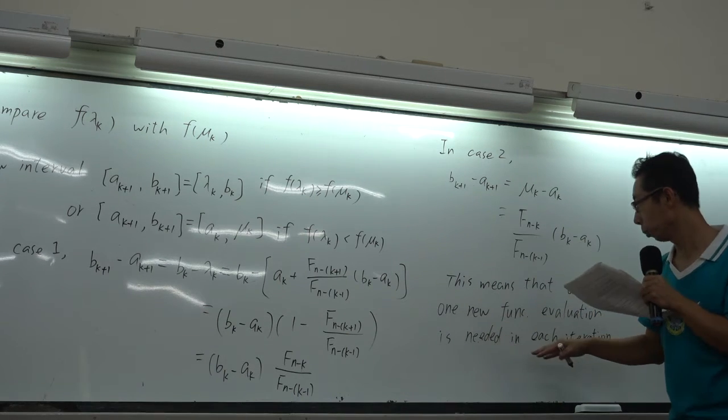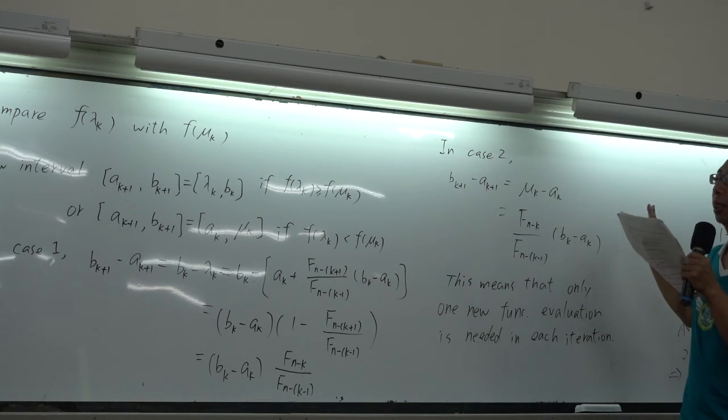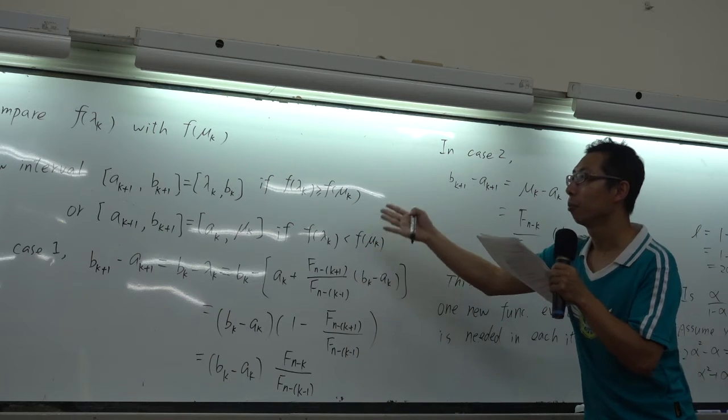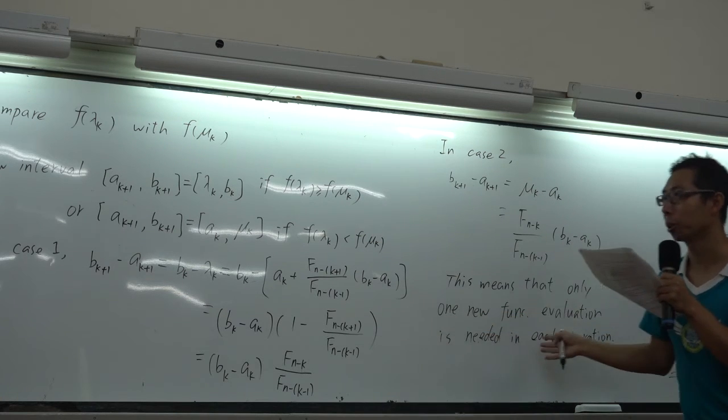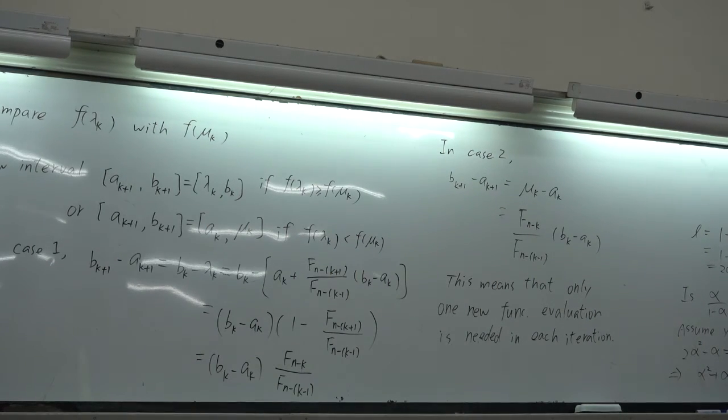Okay, so only one more function evaluation is needed in each iteration. 对吧？反正它这还是一样的意思，就跟刚才 golden section 一样，因为它那个 ratio 基本上，你看我不管是保留左边还是保留右边，它的 ratio 都还是一样。所以也就是说，每一次新的时候，它只会有其中一点，不管是 mu 或者 lambda，只会有其中一个是需要重新再做 function evaluation，另外一个是之前就做过了。